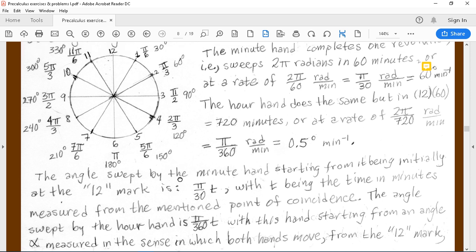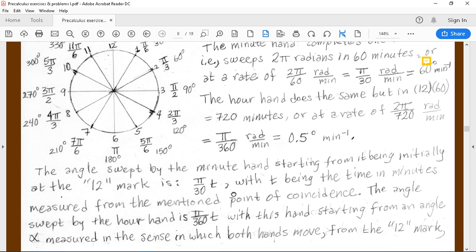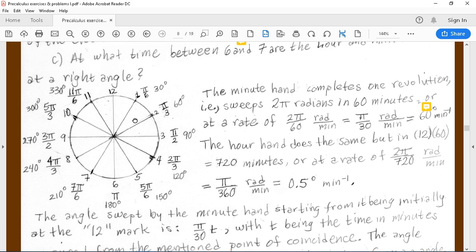Okay, so the angle swept by the minute hand from its initial position during a time t, which is given in minutes, is equal to pi over 30 times t. The angle swept by the hour hand, since it goes at a slower rate, from its initial position, that is